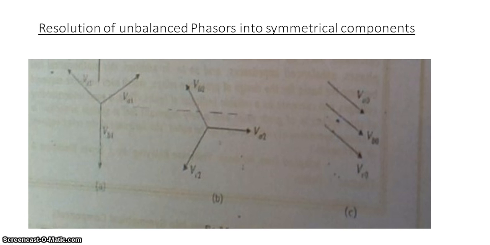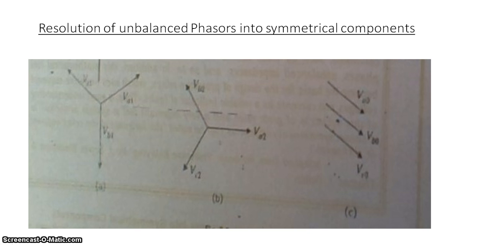This reduces the complexity of the equation and can represent a vector in a simplified form. The vector VA multiplied by a indicates that the vector has an angle of 120 degrees in the anti-clockwise direction, and the magnitude of that vector is VA.